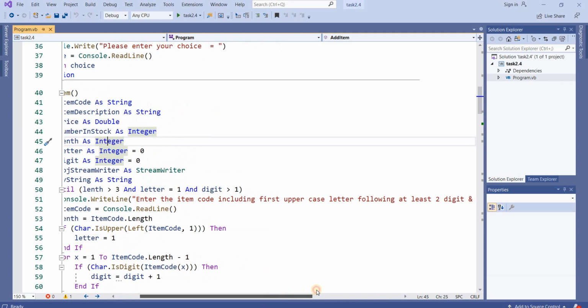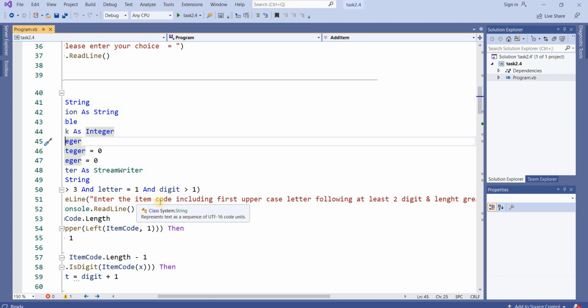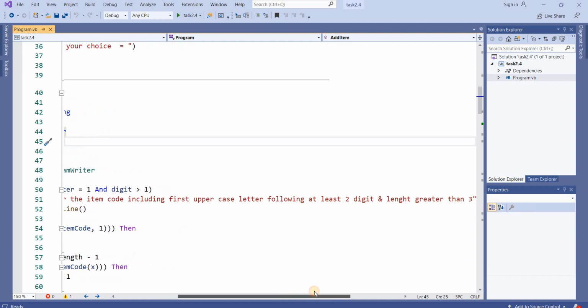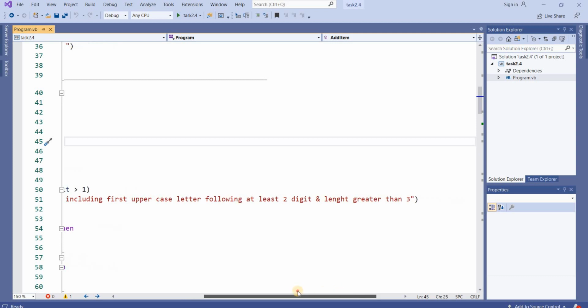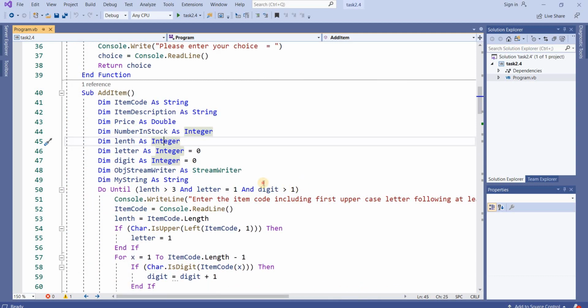The item code should have the first letter uppercase, followed by at least 2 digits, and length greater than 3. This is my format, this is my condition.